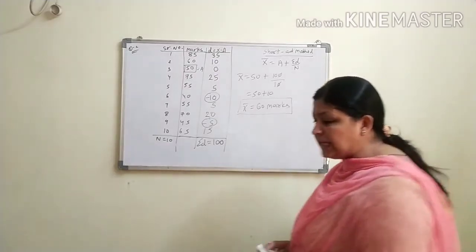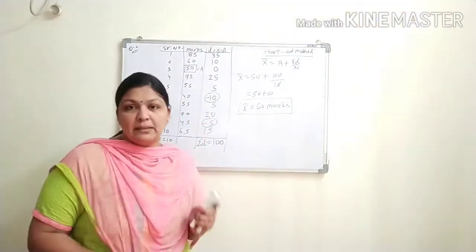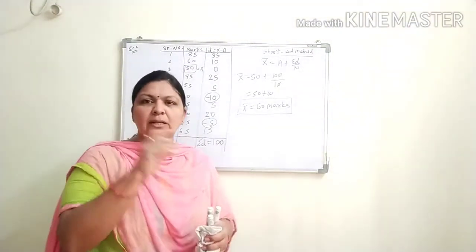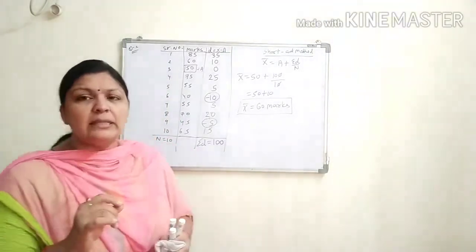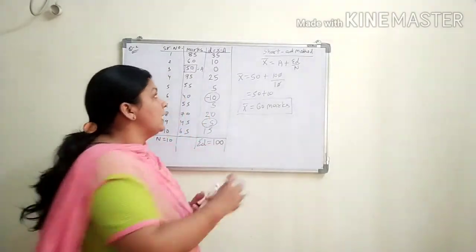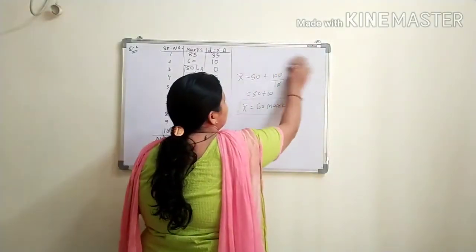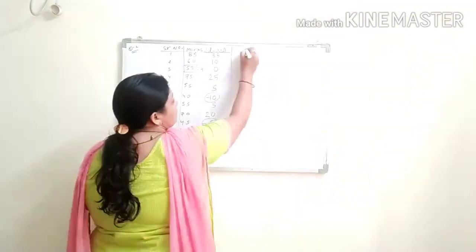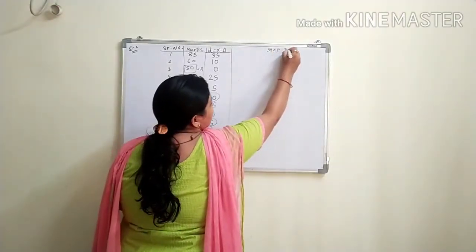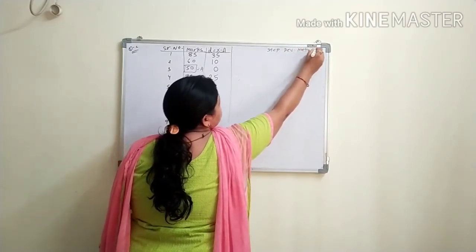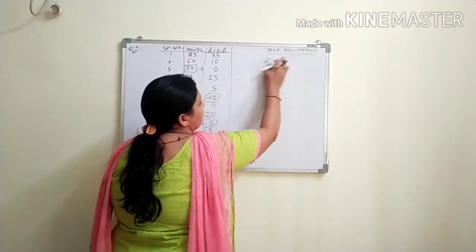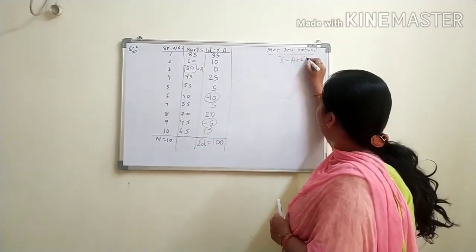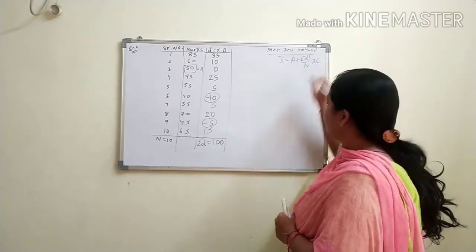Now students, our next method is the step deviation method. Now listen carefully. First, जब भी कोई सम करो, फर्स्ट राइट डाउन द फॉर्मूला. फाइन. अगर फॉर्मूला लिख दिया है तो आपको पता चलेगा कि आपको कितने कॉलम्स बनाने हैं. सो जस्ट राइट डाउन द फॉर्मूला ऑफ द एक्स बार with the help of the step deviation method. X bar equal to a plus sigma d dash upon n into c. Fine.